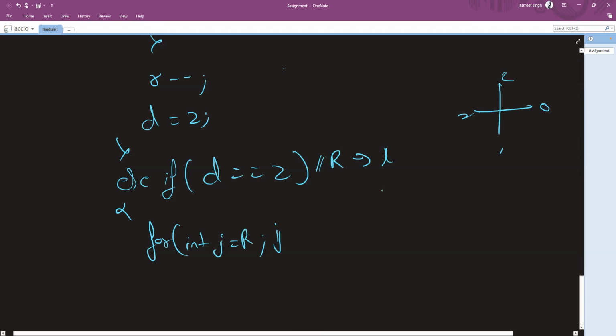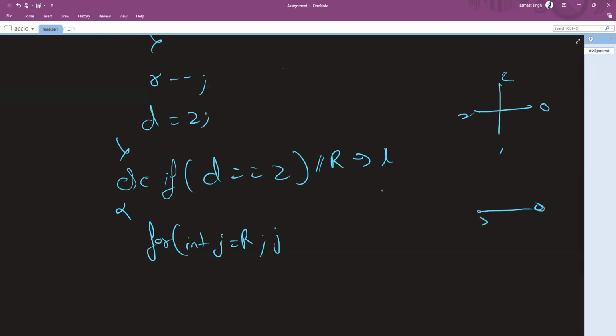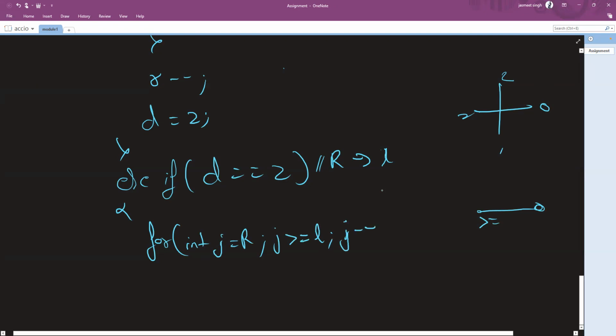J is less than or equal to, or greater than or equal to, what should it be? See, now this time we are moving from a higher value to a lower value, right? So it should be greater than or equal to. Okay, so it should be greater than or equal to L. Again, J minus minus. All right. Again, do a print of